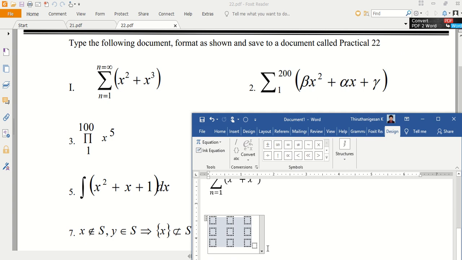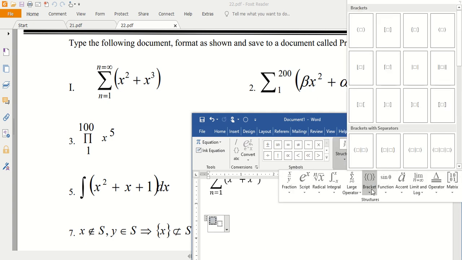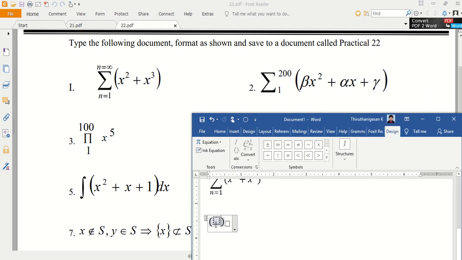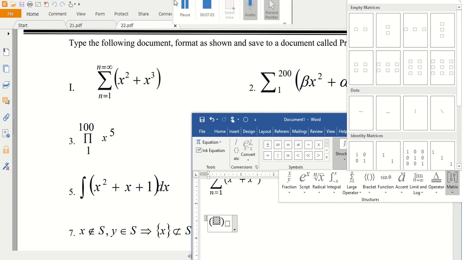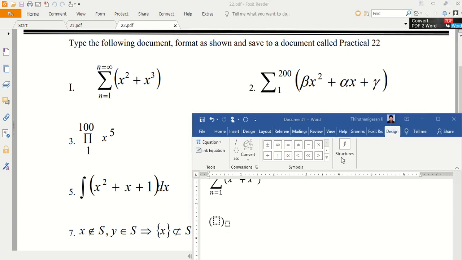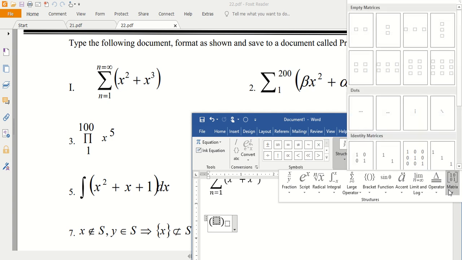Before that I want the brackets, which are available here. Then inside the bracket I want the 3 by 3 matrix, so insert it here.